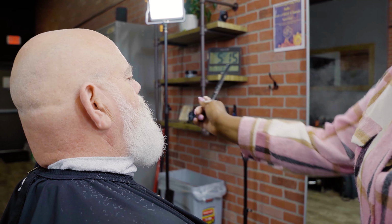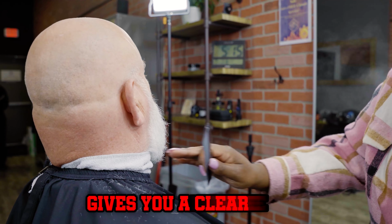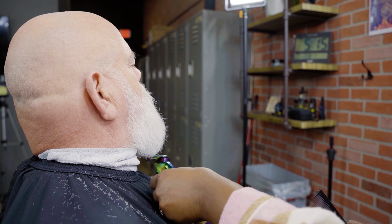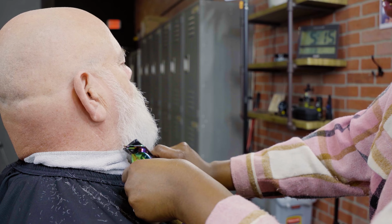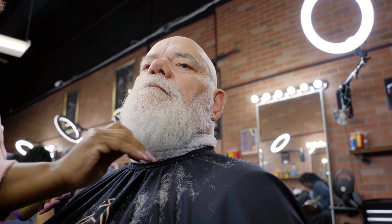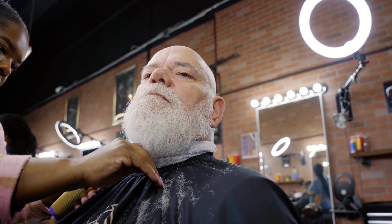I'm gonna have you turn that way for me. So having a client turn the opposite way gives you that clear line here instead of trying to reach in between their shoulder and their neck. And then you're gonna comb a couple times, then cut, comb, cut. That way you just get all those hairs that's curled, all the hairs that's way, and then